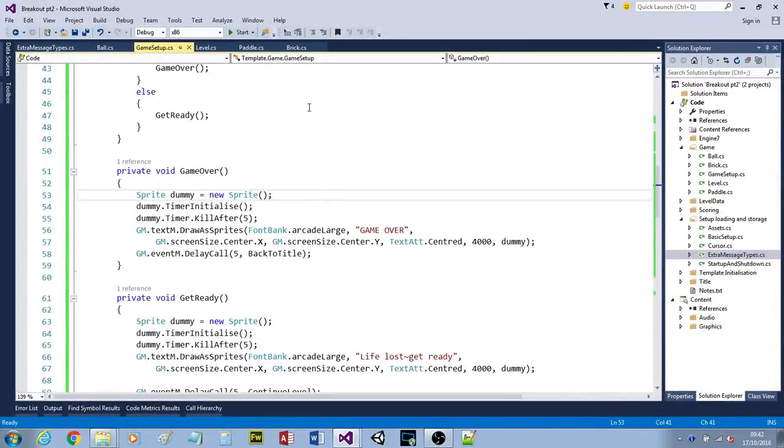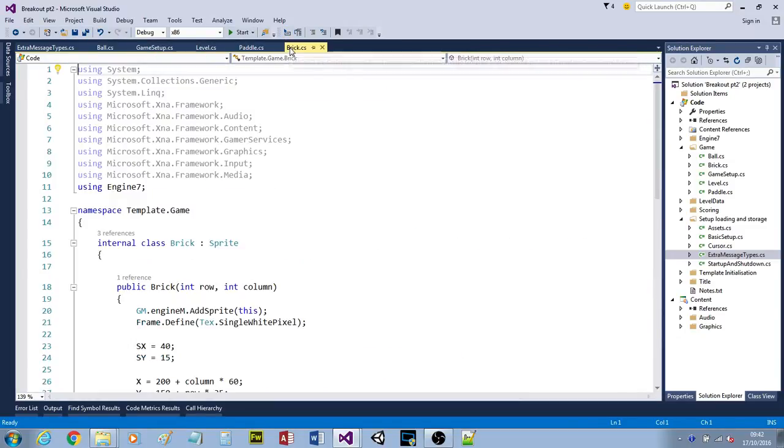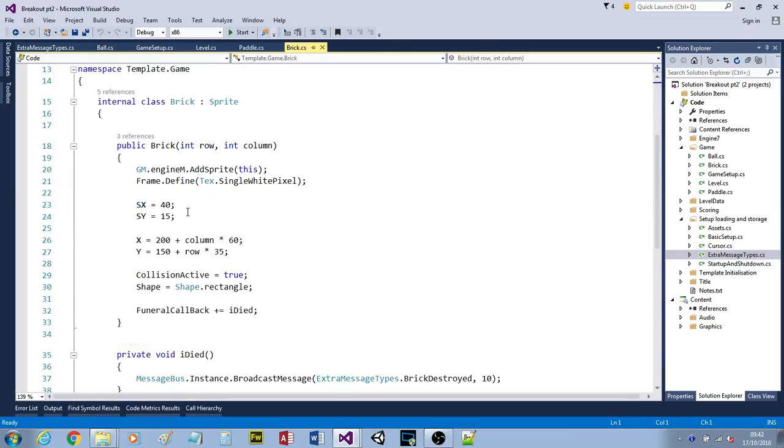Right, okay, let's put a little bit of colour into this thing. So what I'm going to do is go to my brick code. Now we know what row and column they're on. So depending on what column, I'm going to generate a different colour. Okay, so in the constructor for brick,